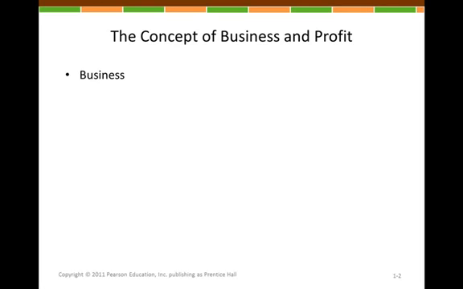The first is this concept of an actual business here. A business is an organization that provides goods and or services that it sells to earn profits. Profits are a key differentiator between a business and maybe a nonprofit organization. A profit is the difference between a revenue and an expense. A revenue is something that the company would receive for selling goods and services. So the easy way to determine your revenue is to multiply the number of goods you sold or services offered by the number that